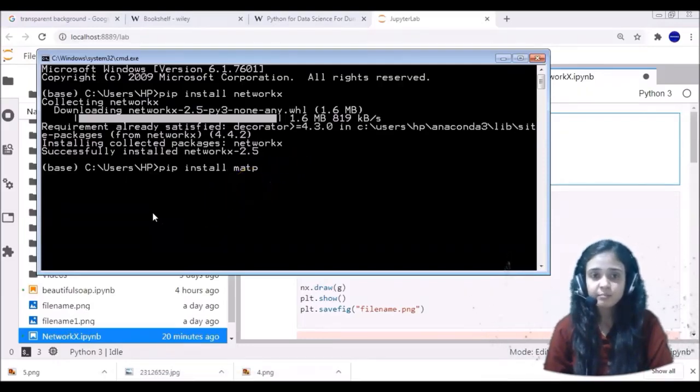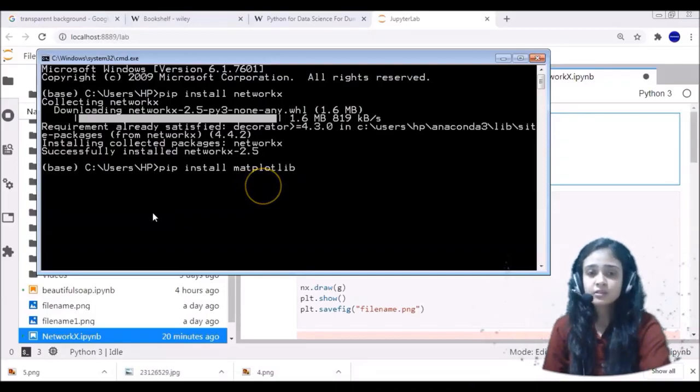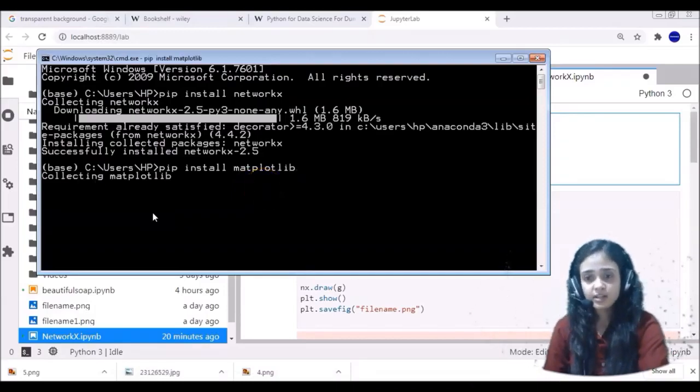You have to write this code in your Anaconda prompt. Just write this line, press the enter key, and wait for the Matplotlib library to get installed in your computer system.